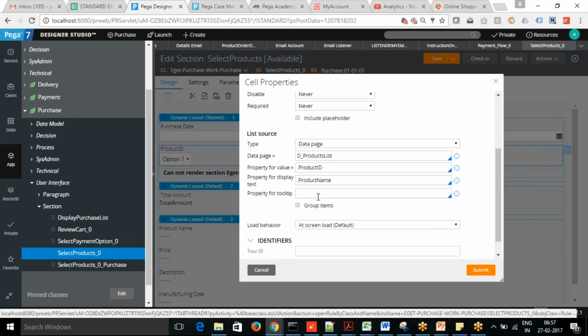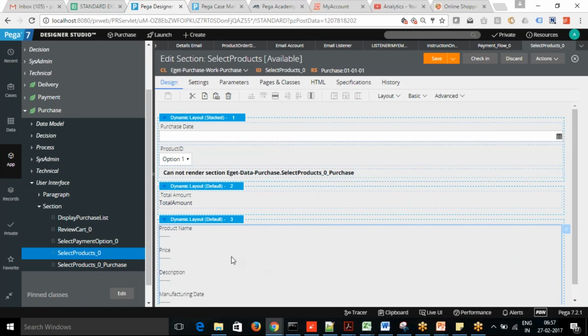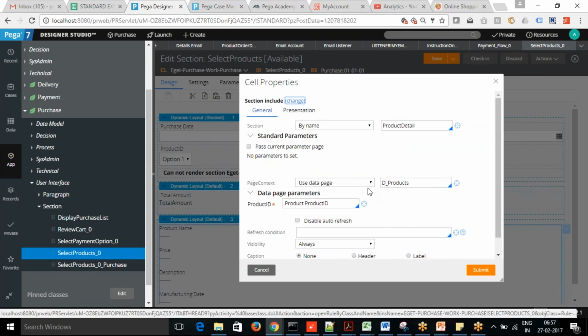Here I don't need to do anything. If you see this section, I'm using a D product. Whatever parameter I'm choosing in the drop down, I'm passing it as a parameter to get the details of the single page.